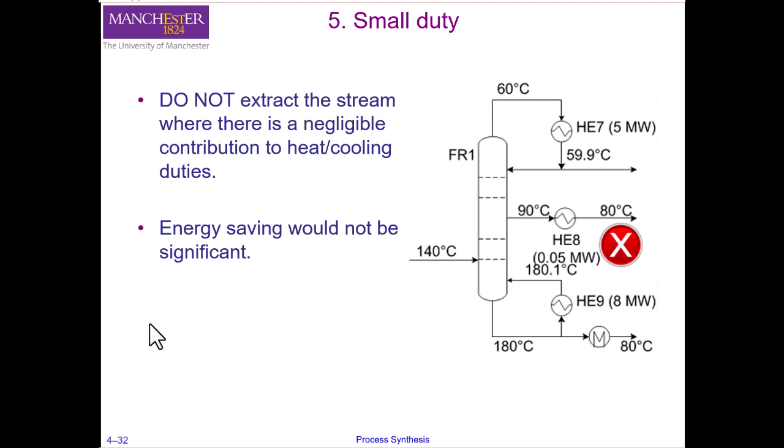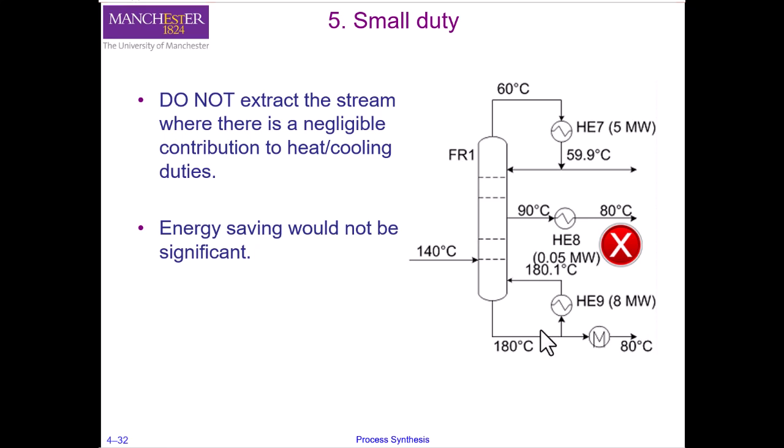The next rule is that we do not extract stream data where there is a negligible contribution in terms of the heat duties. So for example, the stream here is going from 90 degrees centigrade to 80 degrees centigrade, and the heat duty of this exchanger is 0.05 megawatt. So even if we extract this data, it is not going to make any significant contribution to the heat recovery